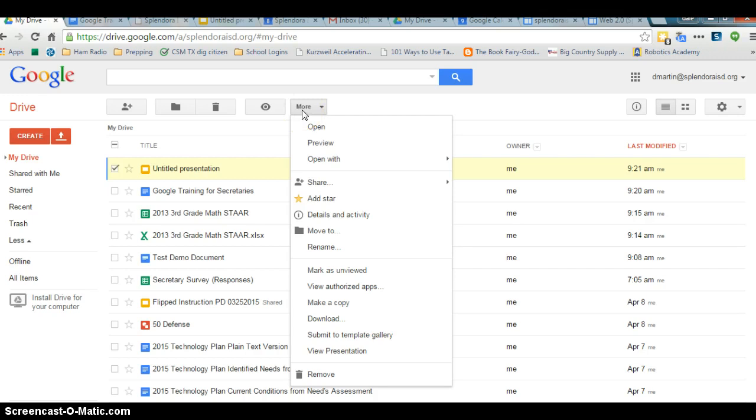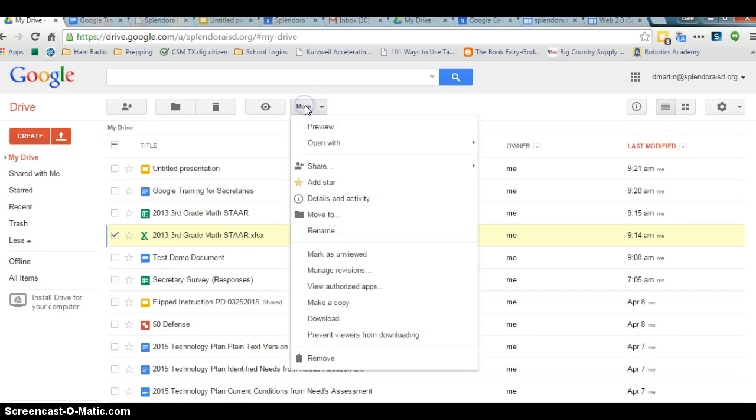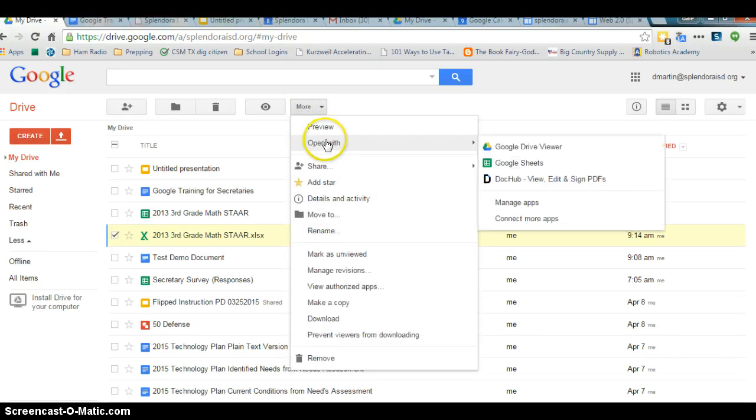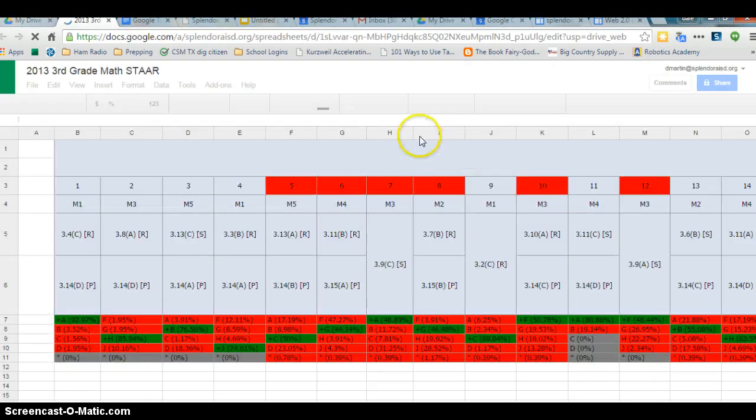If it is an uploaded document, for example, click out of this, unclick that. Let's click on this one. So this is actually an Excel document that was uploaded. I can tell by the X, and so I want to open that and work on it in Google Sheets. The way I do that is click on More, click on Open With, and then I see Google Sheets over here, and now that document will open up in the Google Sheets spreadsheet,